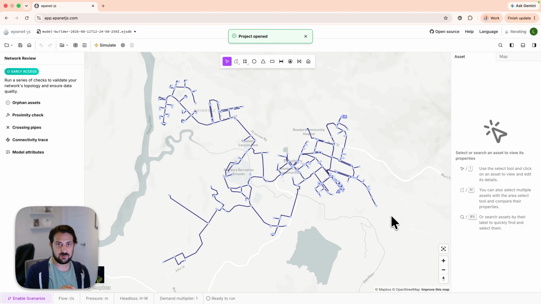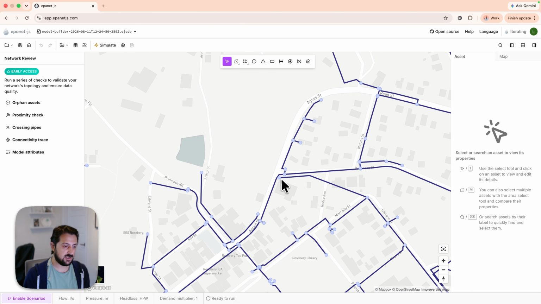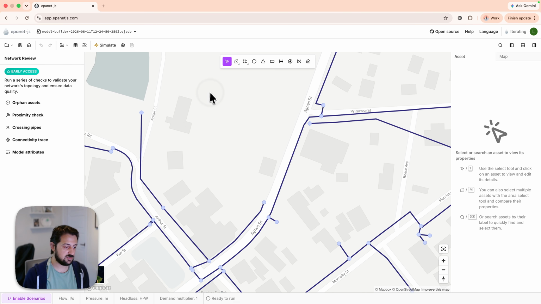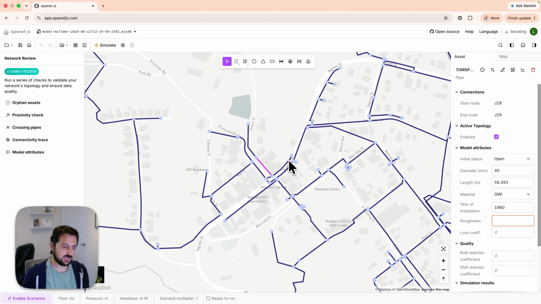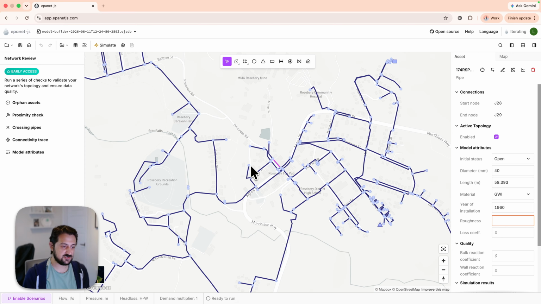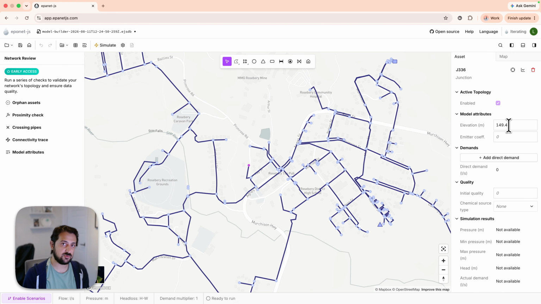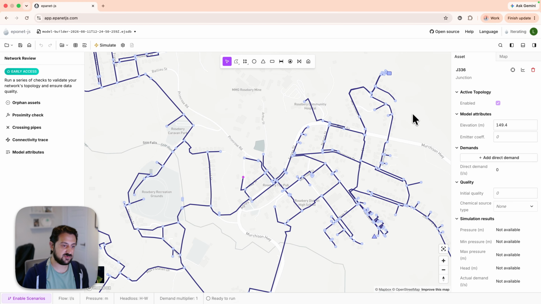And that quite quickly went through the process of linking and connecting all the model elements together. So if we have a quick look at the map, you'll see all the intersections have been joined together. All the attributes have come in. And it's also set the elevations as well. So we have a global DTM that has applied those elevation values.